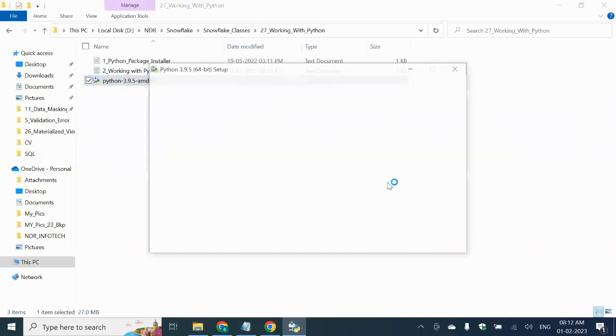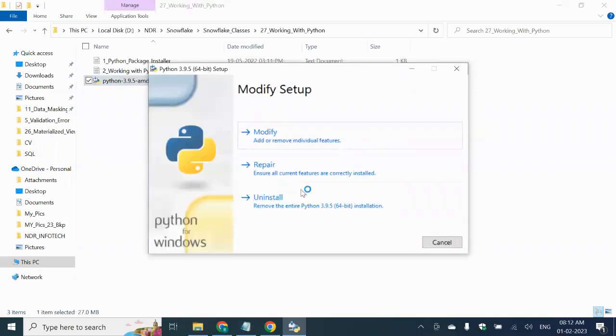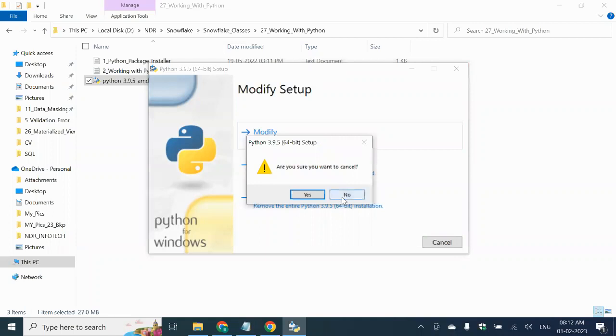If you double click on this, it will ask you something because this has already been installed, that's why it is telling that. So just click on next, 2 steps, and it will be installed. No need to do any additional setups. Once it is installed, if you want to check,